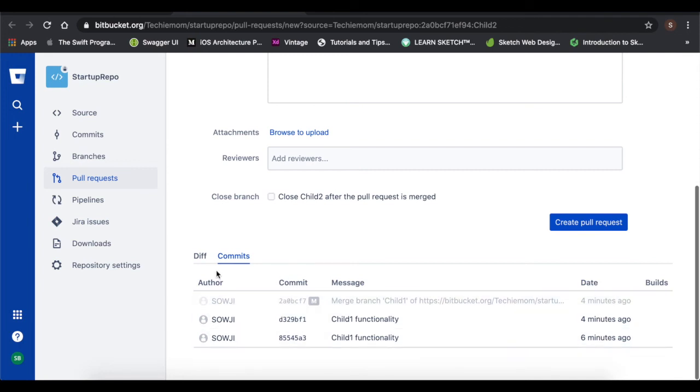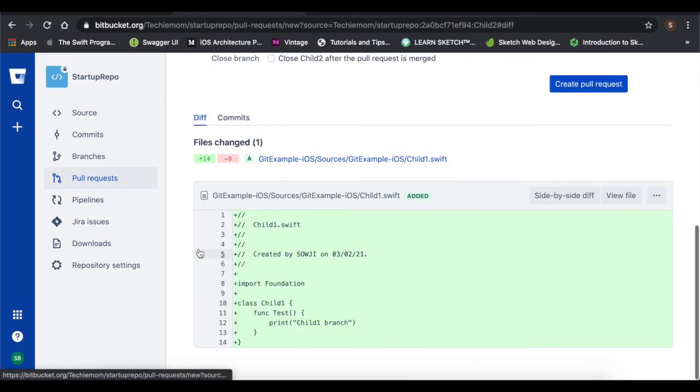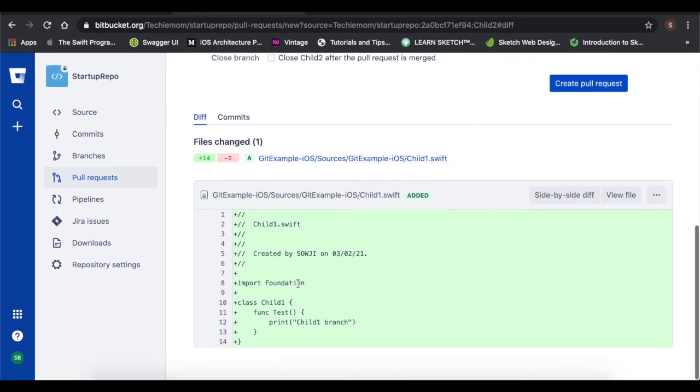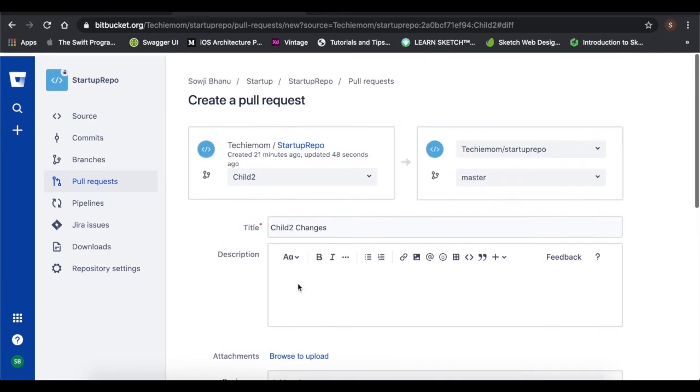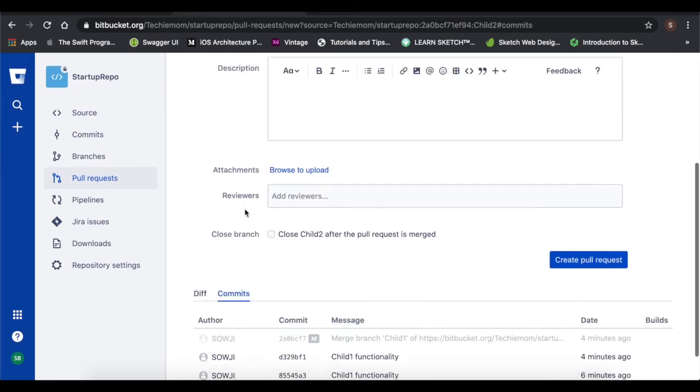Here you can see the detailed differences from the child branch to the source branch which you want to merge. Also you can see the commits widget. Then click create pull request.